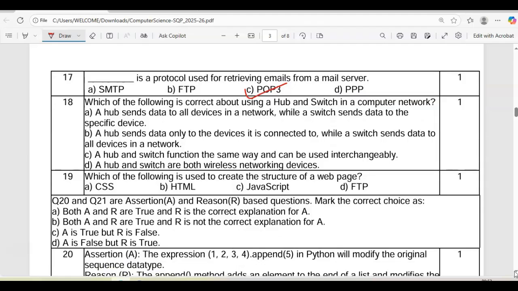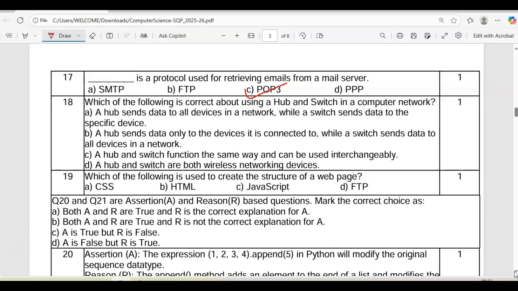Which of the following is correct about using a hub and a switch in a computer network? Without going to the options, if you know, a hub connects multiple devices, and a switch is an intelligent hub. It will send data to the intended computer only, not to everyone. Forwarding the message to all is the property of a hub, and a switch will send it to the intended computer only.